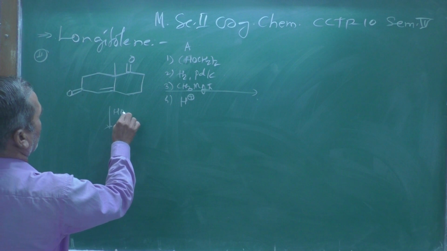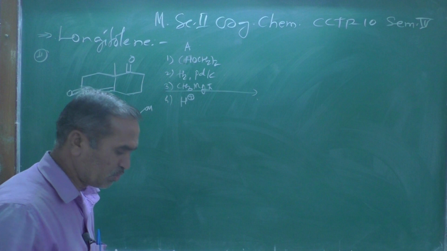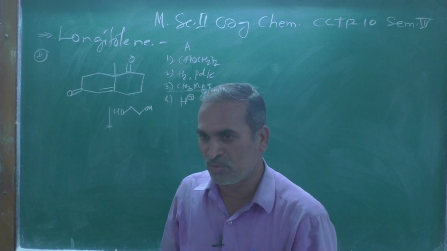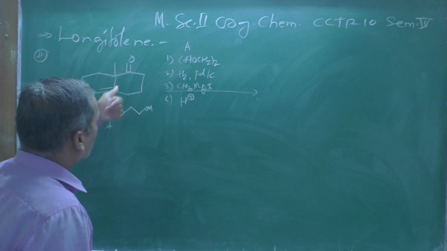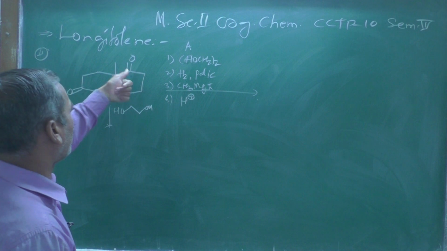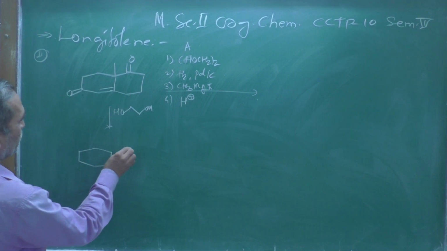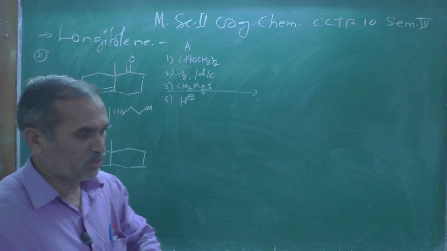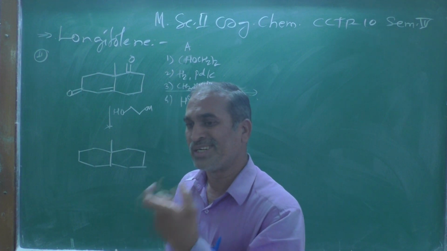we can write CH2, then this CH2, and then OH. This is a 1,2-diol, which is known for the protection of the carbonyl group. And which carbonyl group is going to be protected? The more reactive one. Look here, this will react easily and get protected, and as we know, protection is carried out when we require the